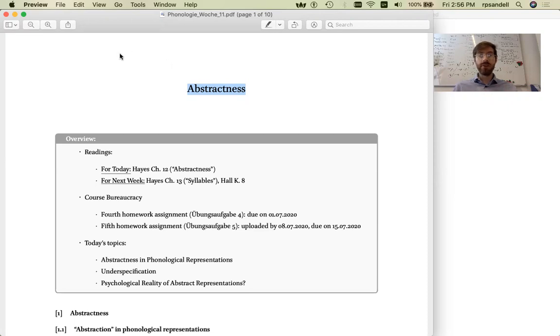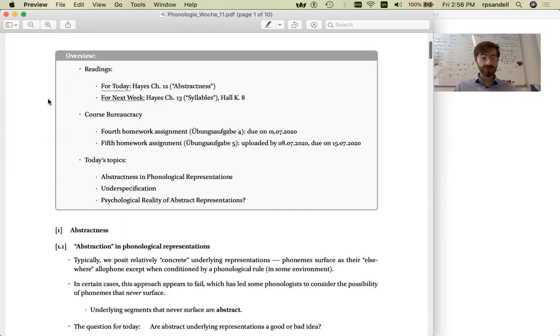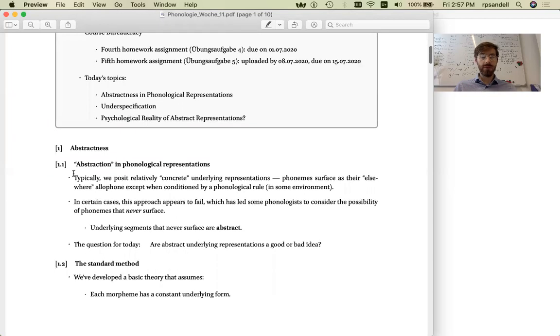So in today's lecture, we'll encounter a couple of cases from Spanish and Turkish that pose difficulties for the analytical methods that we have used up to this point, and we'll talk about whether these can potentially be resolved through the so-called abstract method. But then we'll come to asking ourselves whether it's actually desirable to employ this abstract method in phonological analysis whatsoever. So here's the basic problem.